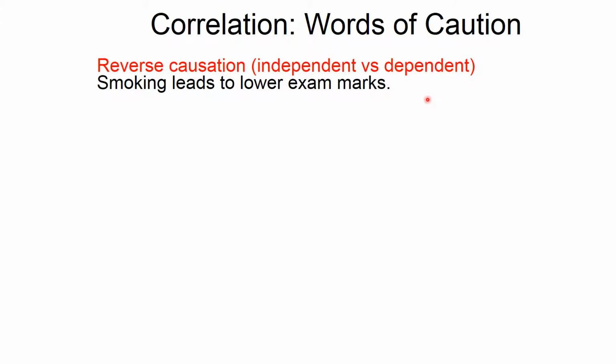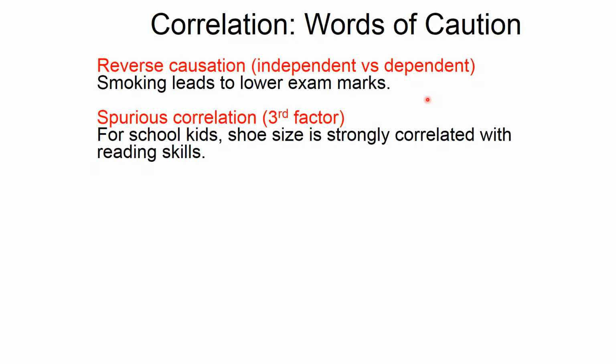There can be more complexity, so there could be a third thing. There could be a third variable that we're not measuring, and we just measure two variables. They look like they correlate with each other, but there could be something else causing that. So an example here,